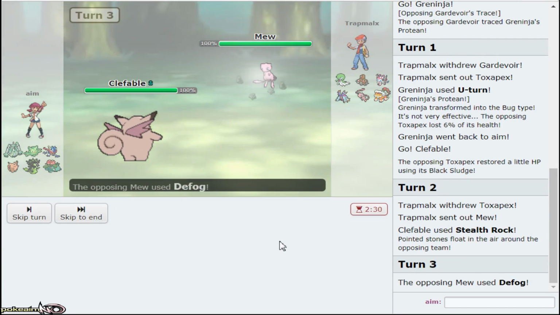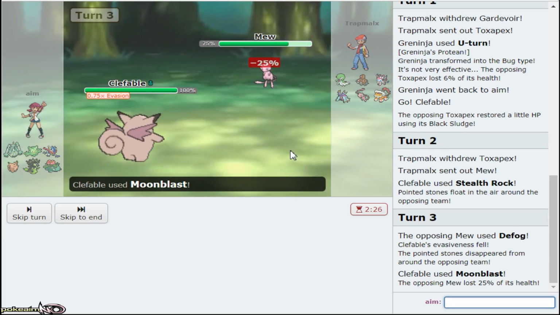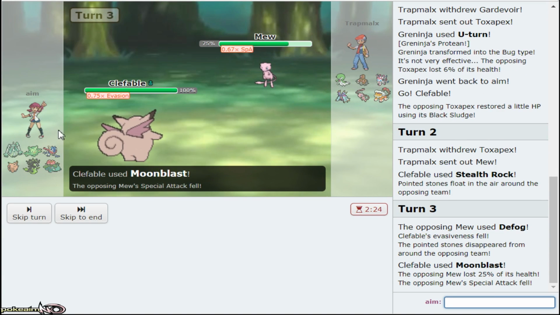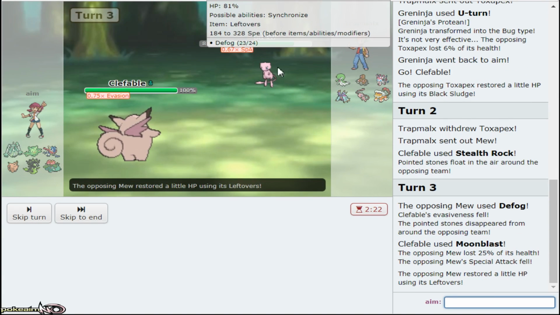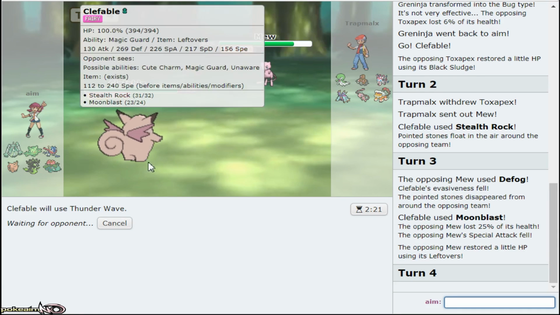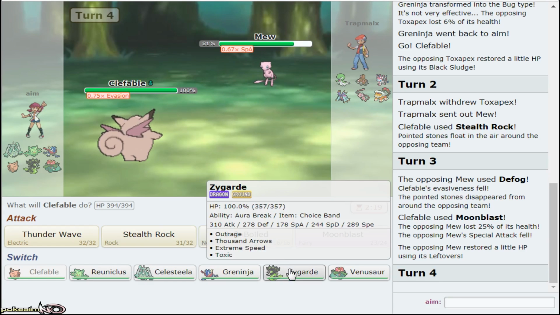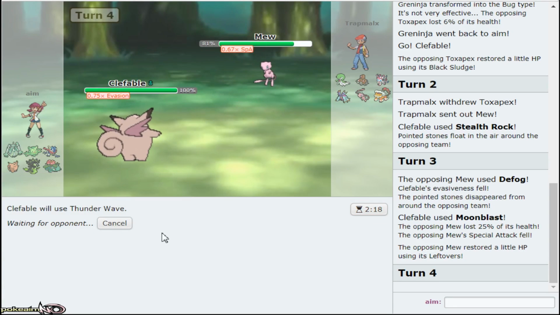Willis doesn't matter. Yeah, that's fine. I really do want to Thunder Wave Mew, to be honest. Okay, if I Thunder Wave Mew, it's good and bad. One, if I Thunder Wave it, we'll both be paralyzed, so that's the bad part. But if I do end up Thunder Waving it as well, Zygarde can beat it 1v1 and 100% is faster. So I think I would go...